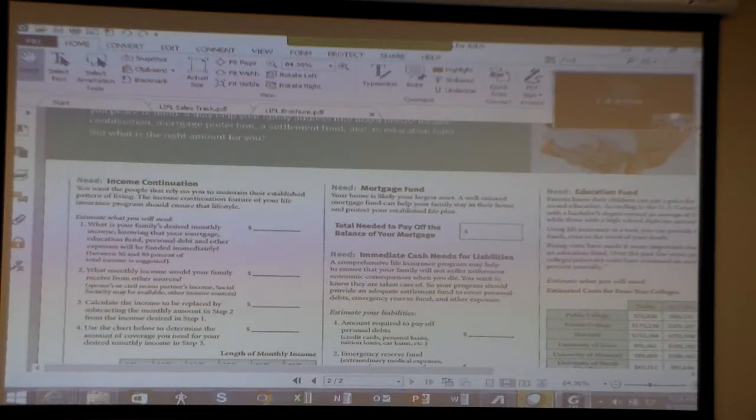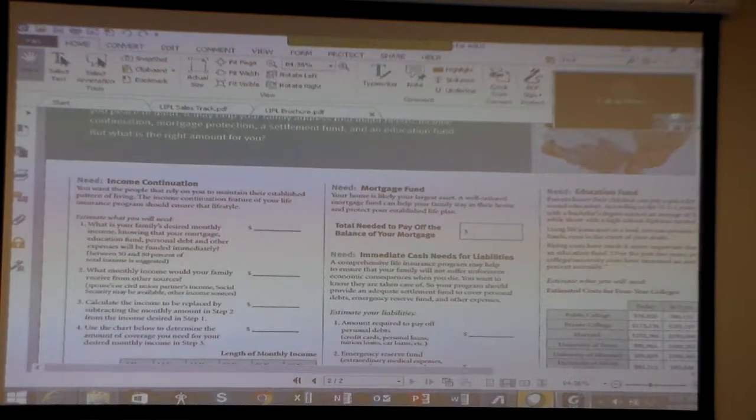It's a brochure found on Market on Demand. Many of your offices probably have some on hand, but I've got the number right there on the email to you this week. So I don't start with the income continuation as the brochure would indicate. Instead, I don't know if you have the script I sent out, but I like to start with the mortgage fund. And the reason I do that, it's probably the most soft way to start.